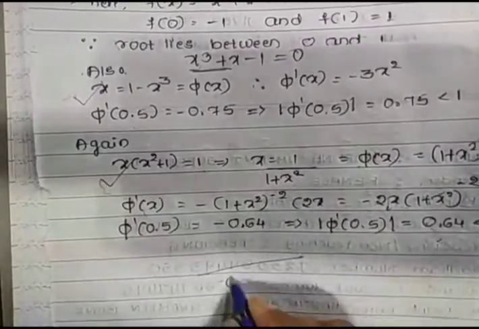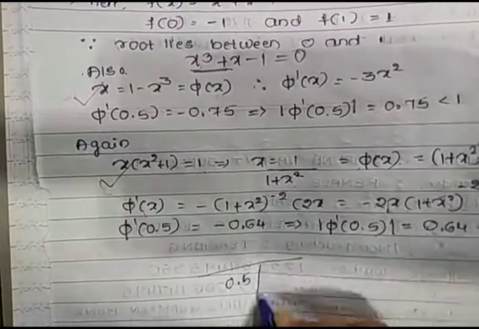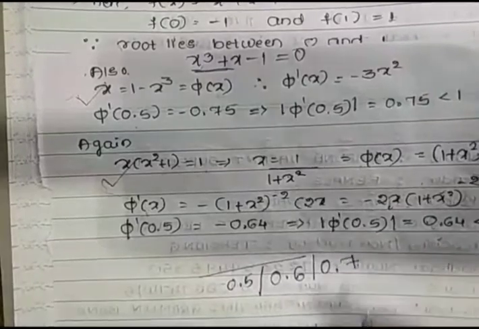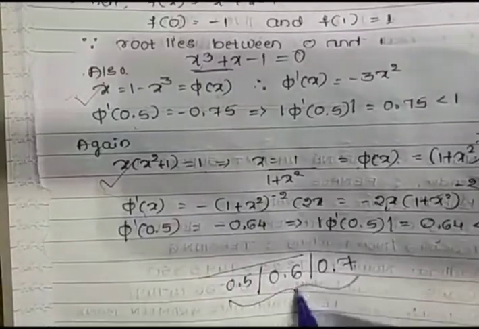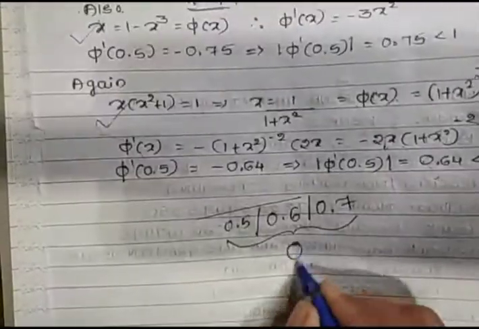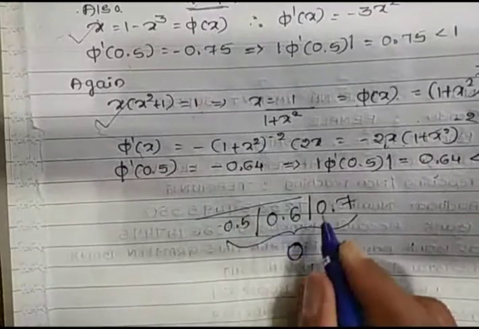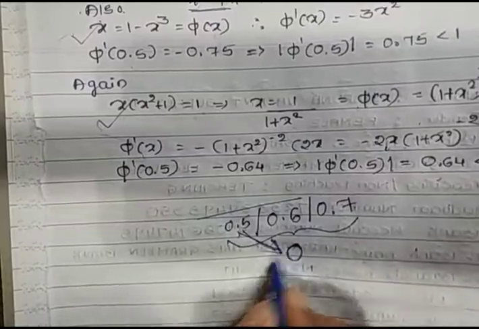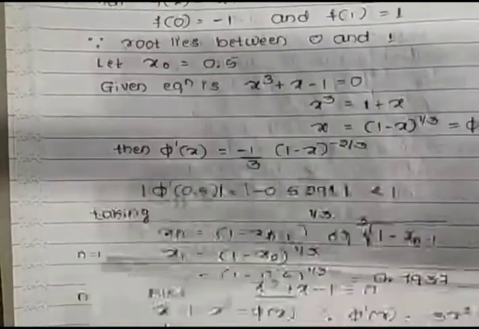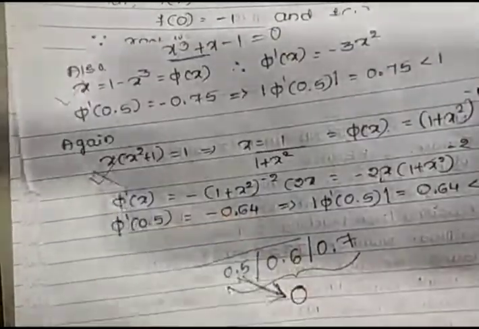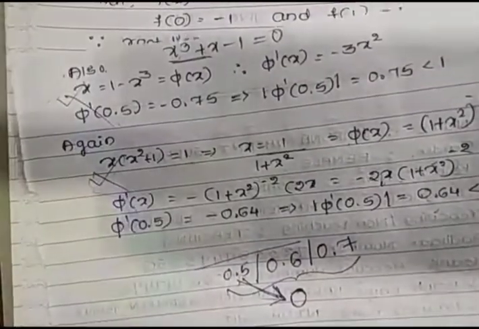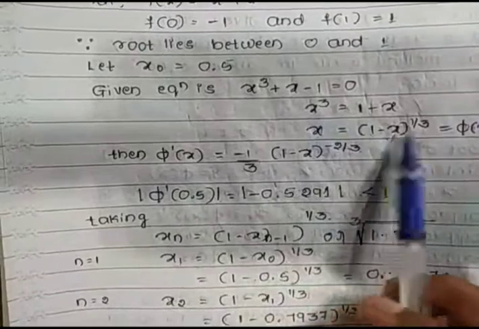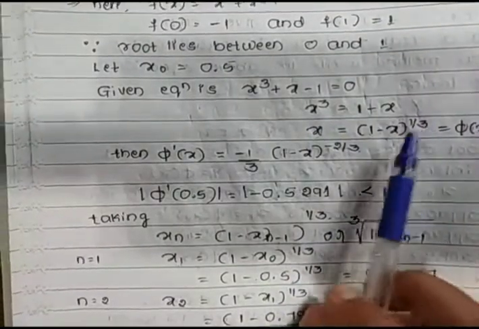So 0.5 is one answer, 0.6 is another answer, 0.7 is another answer. Among these three, which one is nearest to 0? So among these three, the value nearest to 0 is 0.5. Because of that reason, we are not considering this equation. We are selecting x is equal to 1 minus x raised to 1 by 3 in the simple